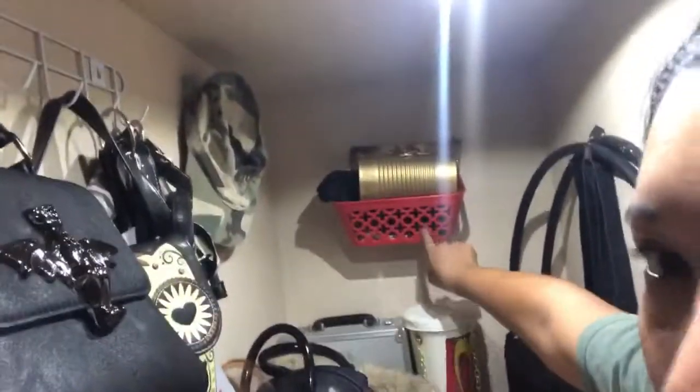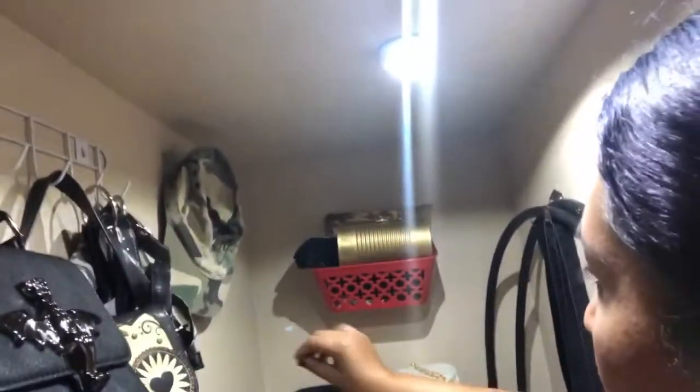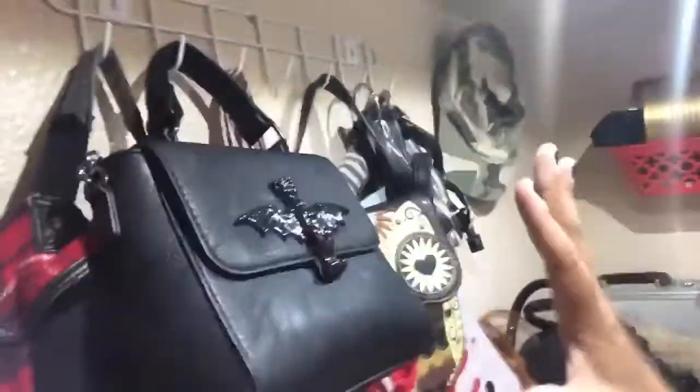I put that here, and then with the basket, since it has holes in it, I just hooked it on. And then here I just have my clutches and things that don't have handles at all. I put that in here. And then of course, everything that you see here,